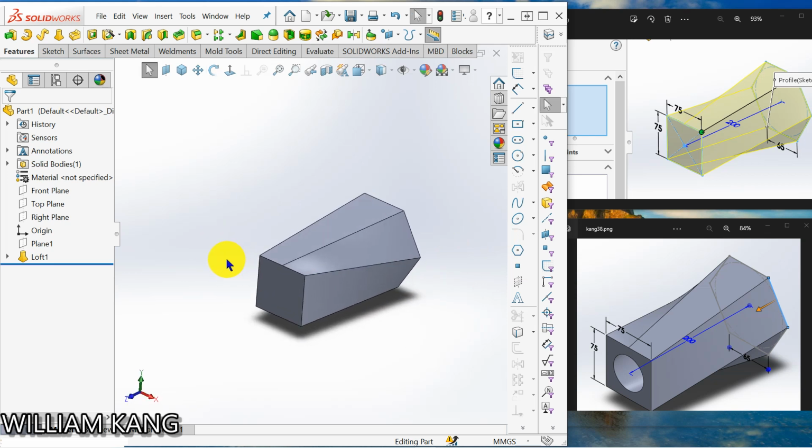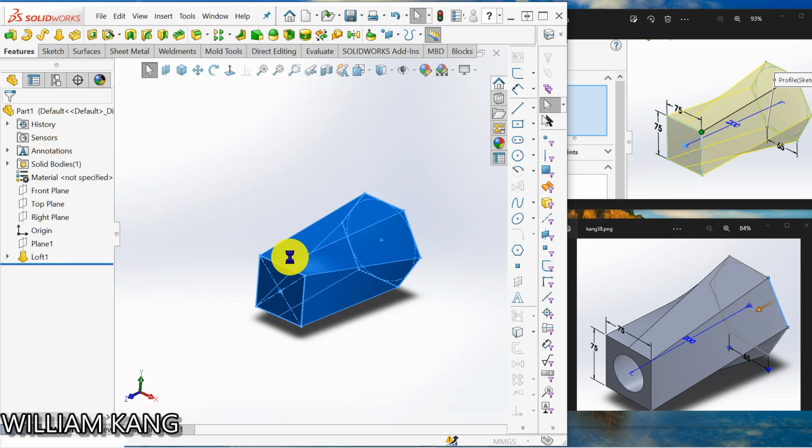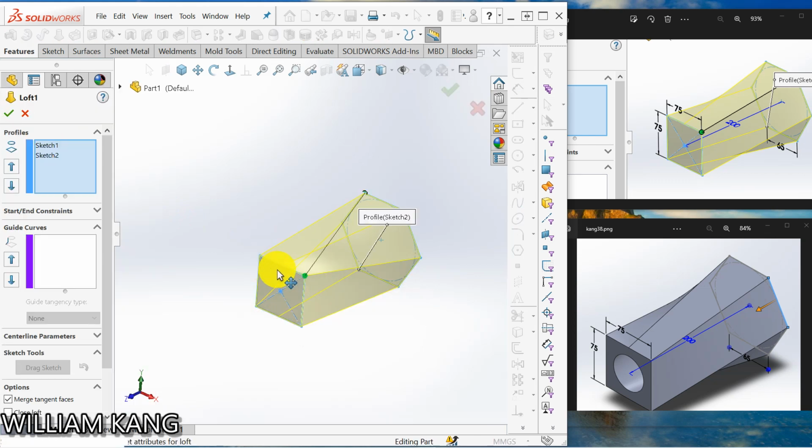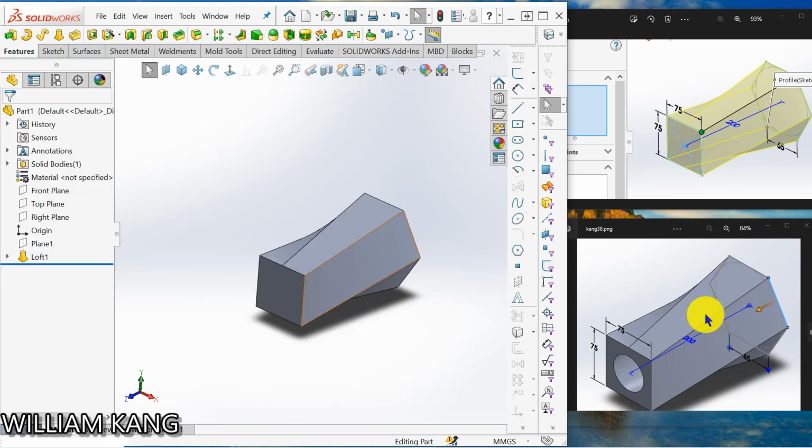Okay, there's a lot. Of course, you can just change the shape. You can drag and drag back. Okay, now similar with this one. And now the next thing is that